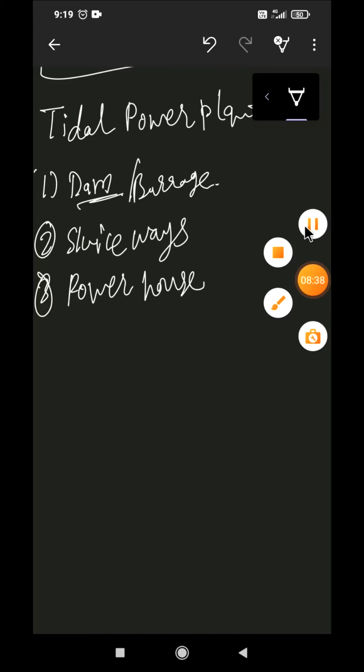So this is the simplest system to generate tidal power, and the single basin scheme has only one basin. So the basin is separated from the sea by a dam. So the sluice way is opened during high tide to fill the basin, and the turbine generator units are mounted within the ducts inside the barrage. And the single basin operation of tidal power plant will be shown in the following figures. So the single basin system can be classified into three systems. That is, first is